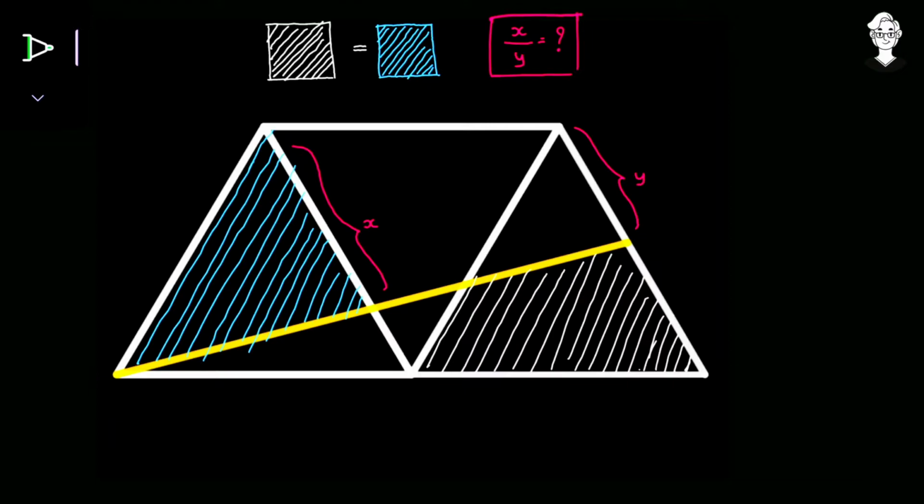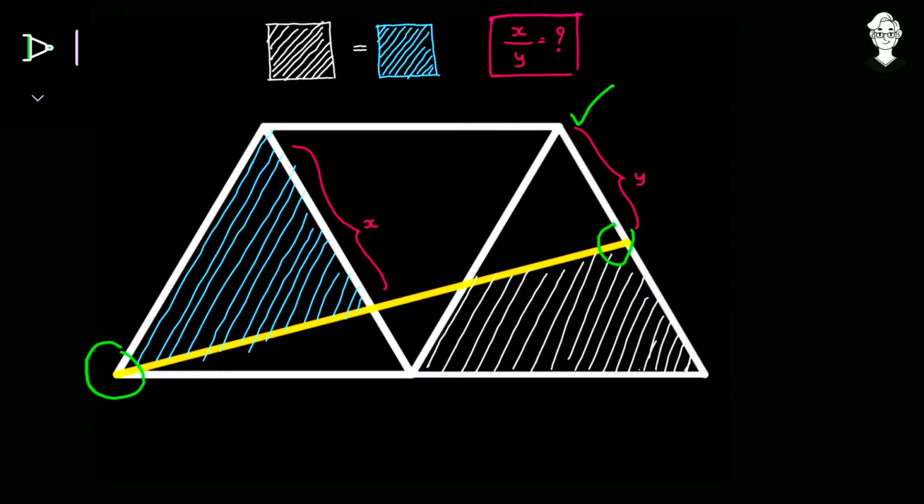The second thing you have to keep in your mind is that these are equilateral triangles. All the sides are equal to each other, and the angles are equal to 60 degrees. You have to just keep it in your mind. Now the second phase of the question: when these three equilateral triangles are arranged in the shape of a trapezium, or we can say a trapezoid, then from the base of the first equilateral triangle, you draw a line segment that intersects the side of the third equilateral triangle at some distance y from its top corner, and at some distance x from the top corner of the first equilateral triangle.